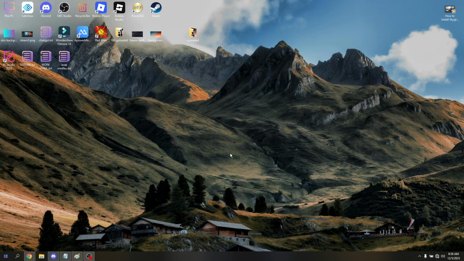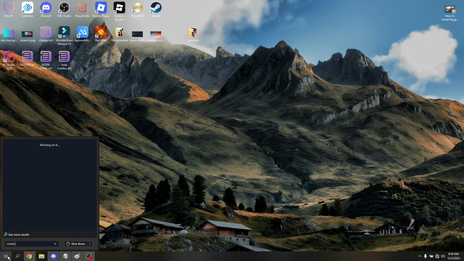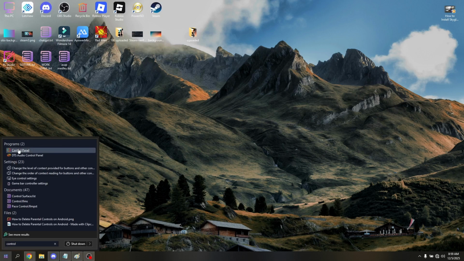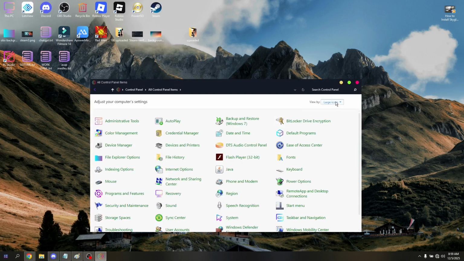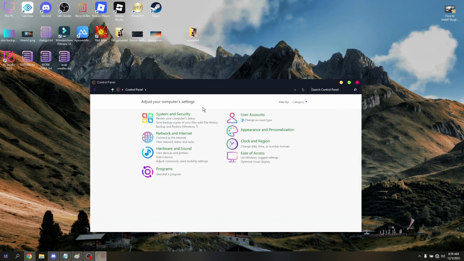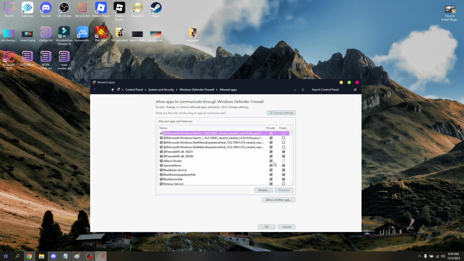Now, the very first troubleshooting is to go into your Windows search and open up your Control Panel. Now, from here, if you're currently under large or small icons, just simply switch it into category, click on System and Security, and then below Windows Defender Firewall, click on Allow an app through Windows Firewall, and this box will